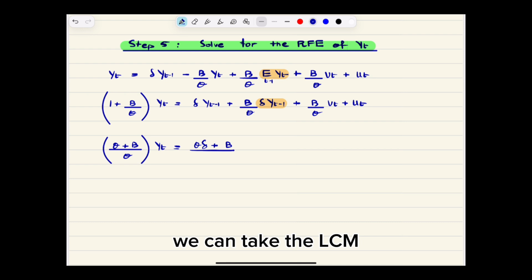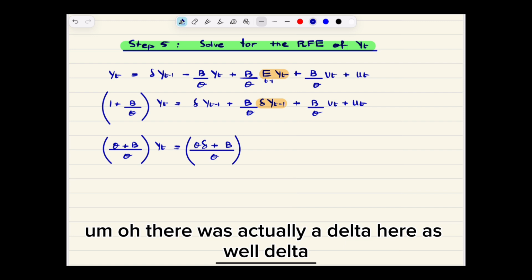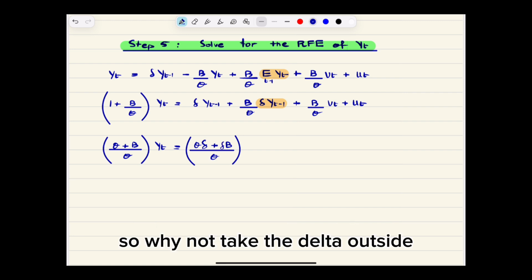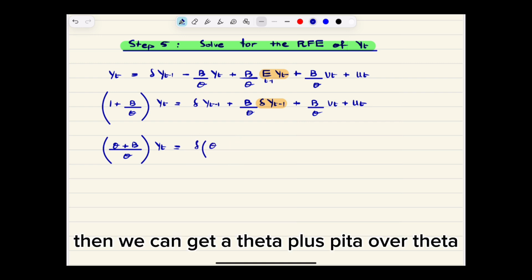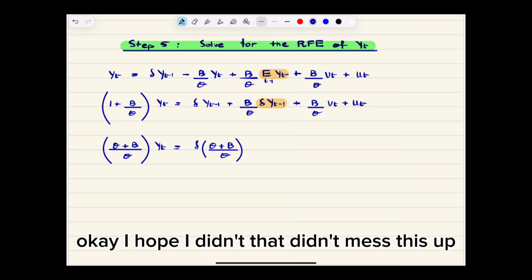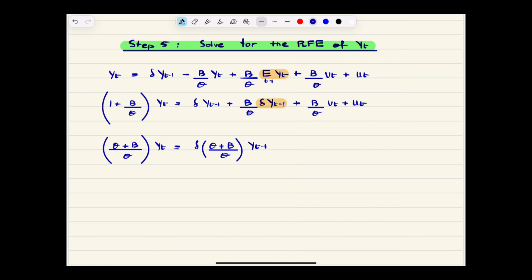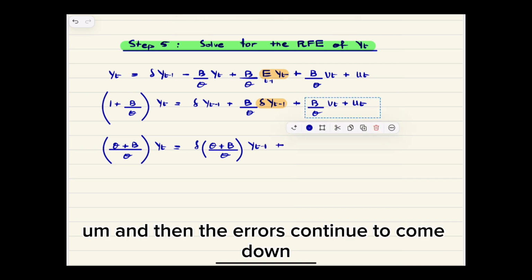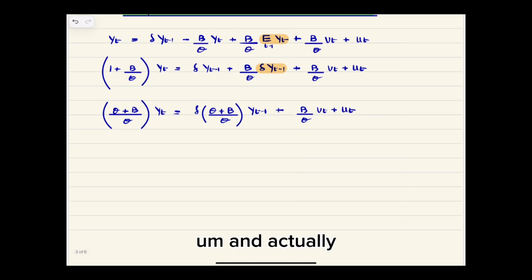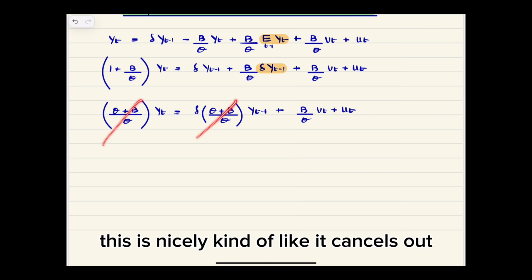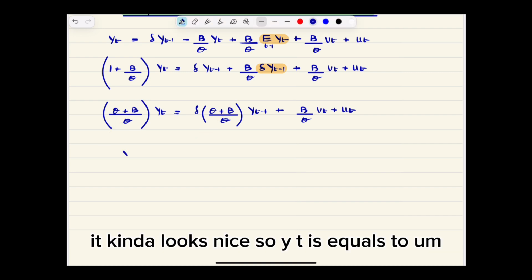We can take the LCM. Oh, there was actually a delta here as well. Delta. So why not take the delta outside then? Delta can go outside. Then we can get a theta plus beta over theta. Okay, I hope I didn't mess this up. And then the errors continue to come down. And actually this nicely cancels out. Kind of looks nice. So y_t